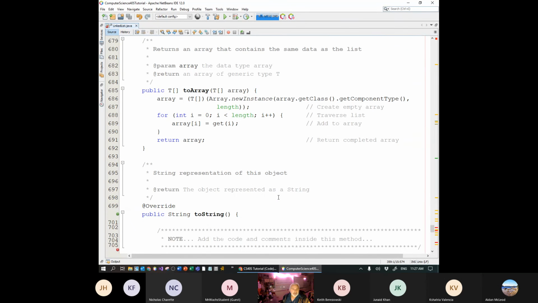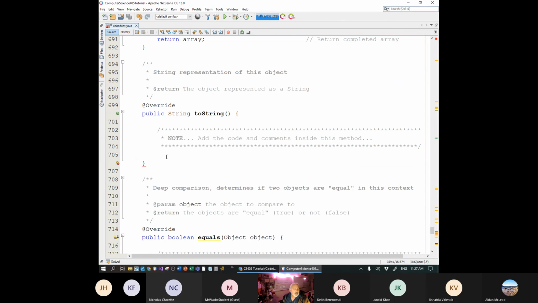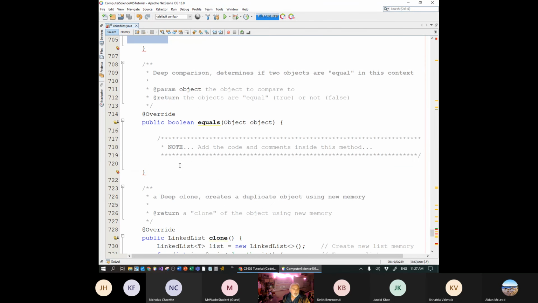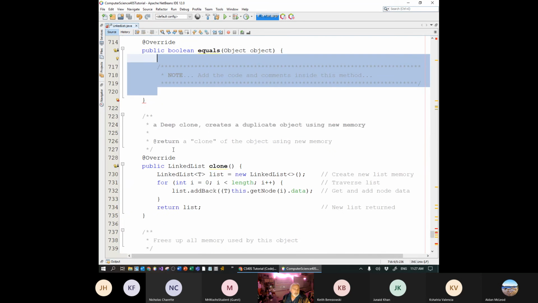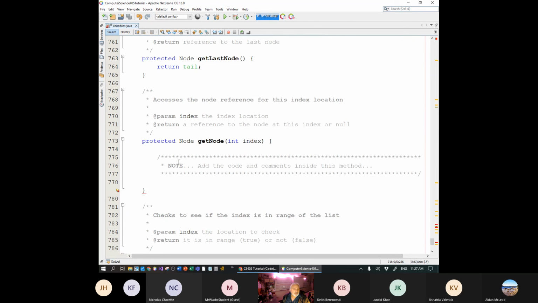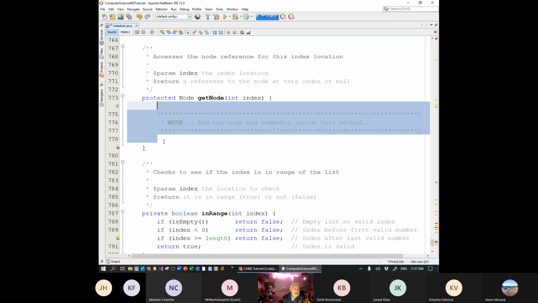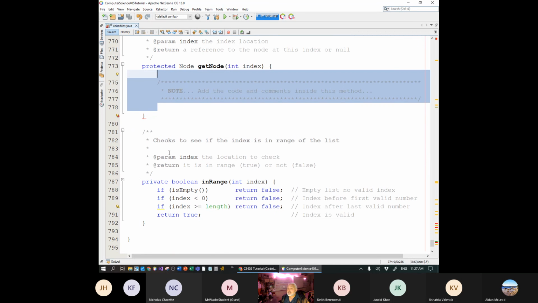I'm just going to go down and check that. So look at all this code I'm scrolling past. Here's one note right here. Here's one note right there. Scroll past, scroll past, scroll past. Here's one note right there. And that's it. So I was correct. There's only 3 more spots we're going to have to put in code tomorrow. And then we'll actually be able to run it and test it. And then I'll even show you how you can prepare it to hand it in. So tomorrow we will finish this tutorial. I'm going to shut off the video now. And I said it would be done by about